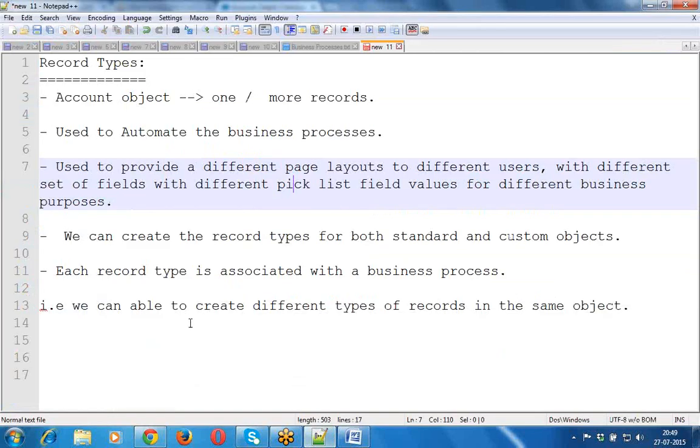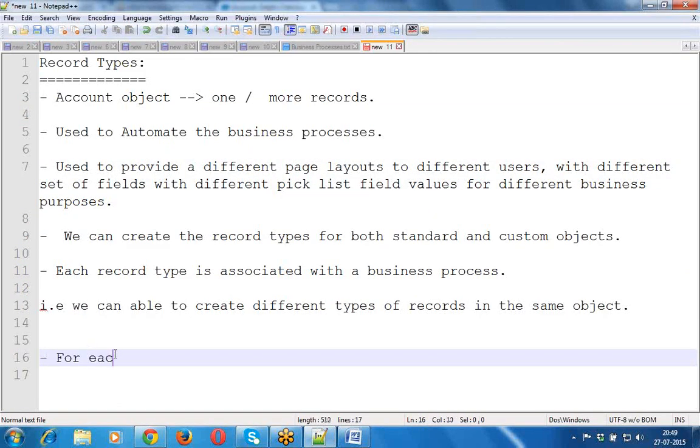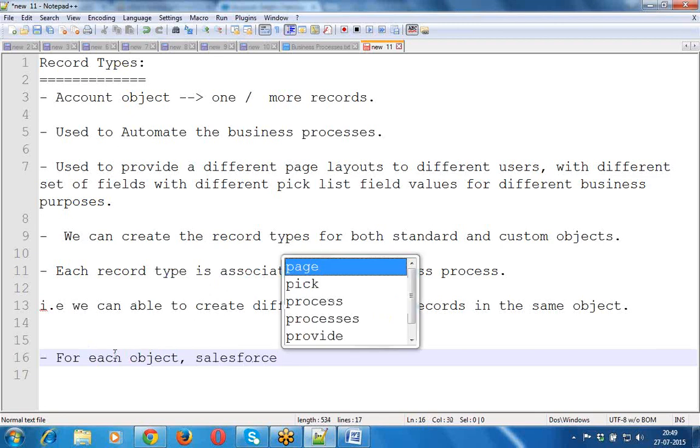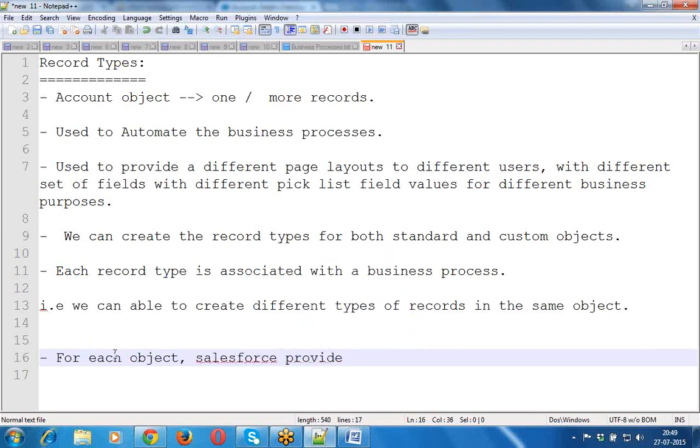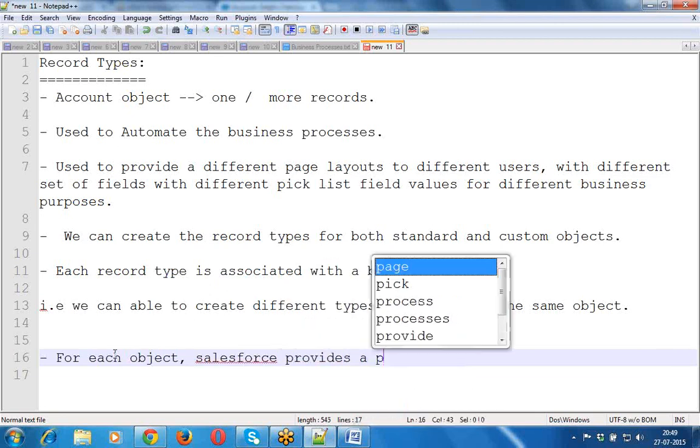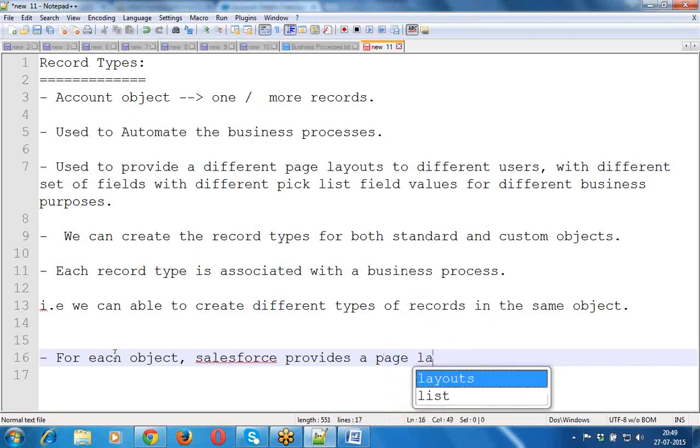Now we can make a note here. For each object, Salesforce provides a page layout by default.